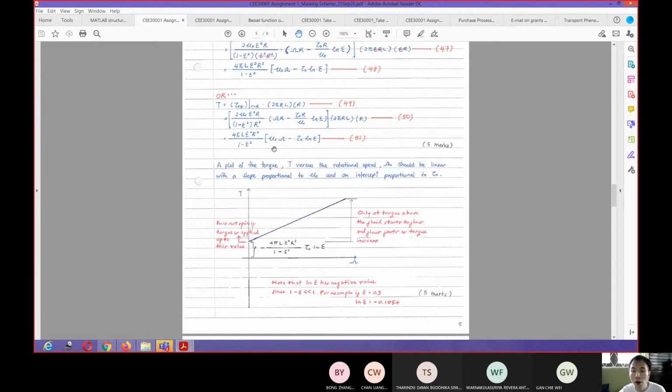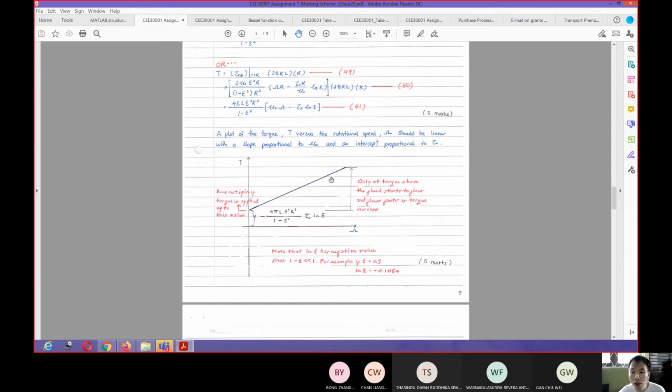This one is connected with the question that I asked you on the torque. Once you derive the expressions for the torque, you need to think that the torque is the one that can be quantified, and also the rotational speed. In real situations of the Couette viscometer, these two are the ones that can be measured. Alternatively, your group can go on Google and do more research into this Couette viscometer in order to get how to quantify this mu naught and the shear stress tau naught.